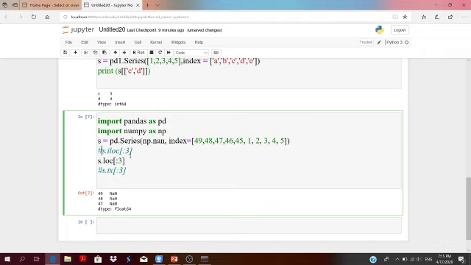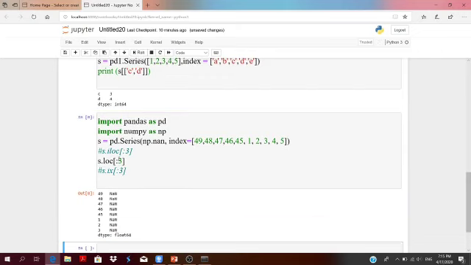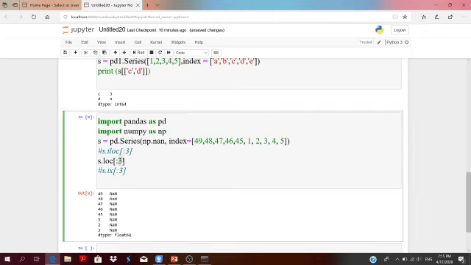Let me make the ILOC function unavailable and now see how the LOC function will work. Run this code and see. Here 3 is not the index value, it is actually the label which is given to the index. 3 is here, this one. So 49, 48, 47, 46, 45, up to 3, all the elements will be retrieved.